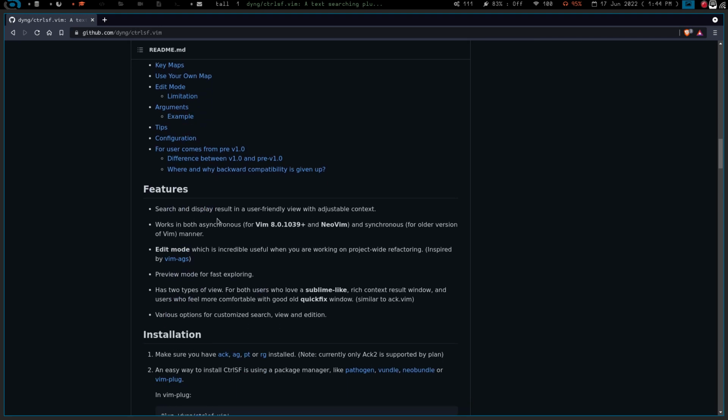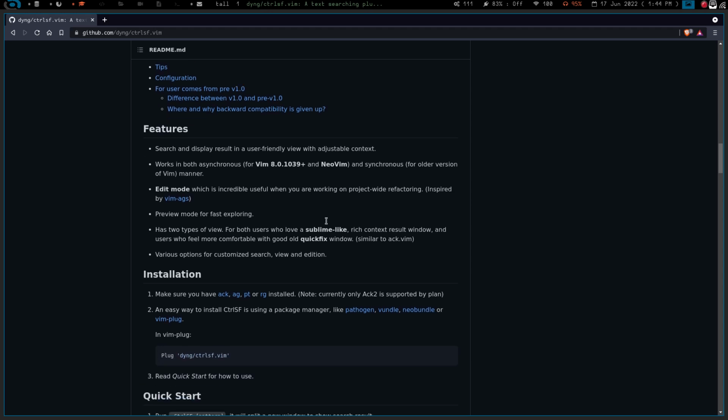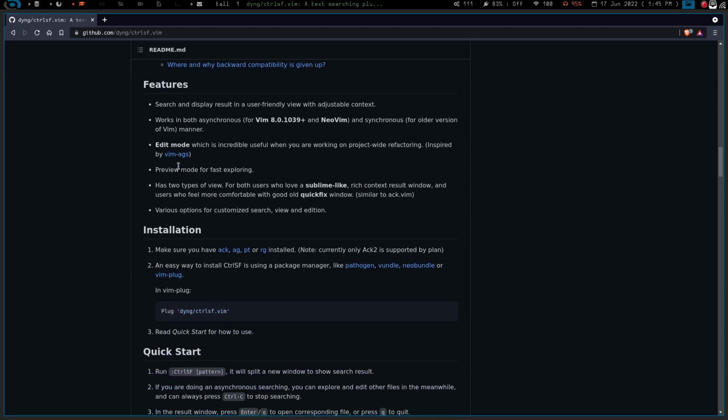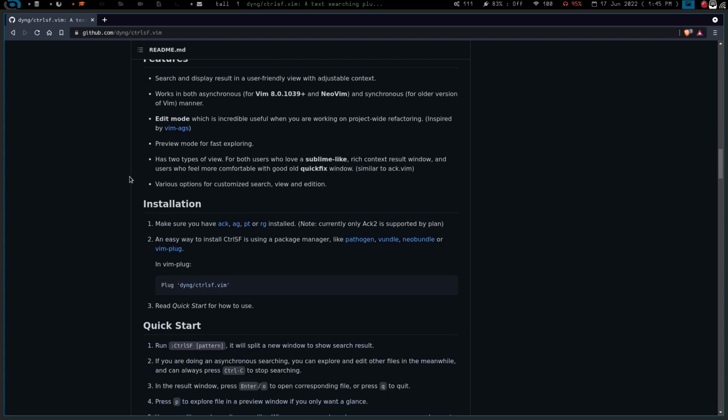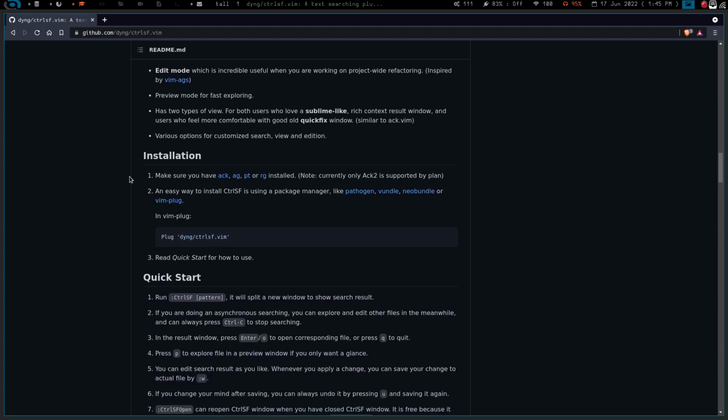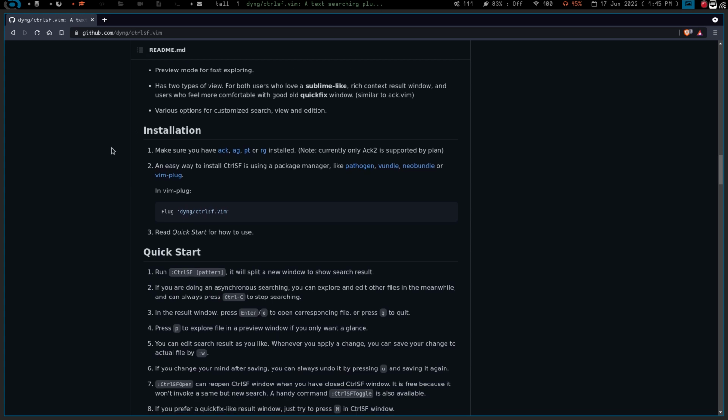So it's a search and display result in a user-friendly view with adjustable context. It works in both asynchronous Vim and NeoVim, and synchronous for older versions of Vim. It has an edit mode, has a preview mode, has two types of view, and has various options for customized searches. Now, I haven't gotten into all this, so I'm not going to go in real deep into this. If this looks like something you're interested in after seeing this video, by all means, come over and check out